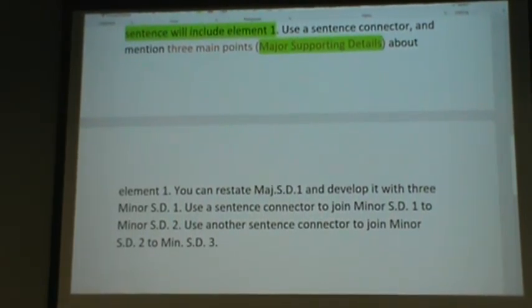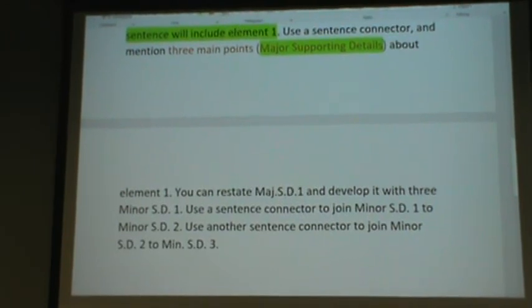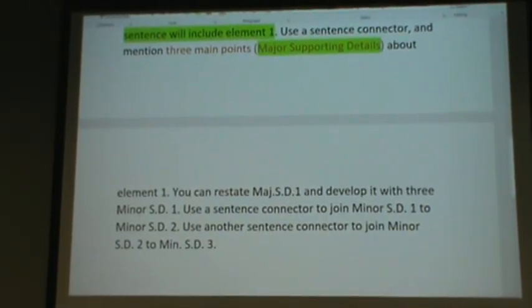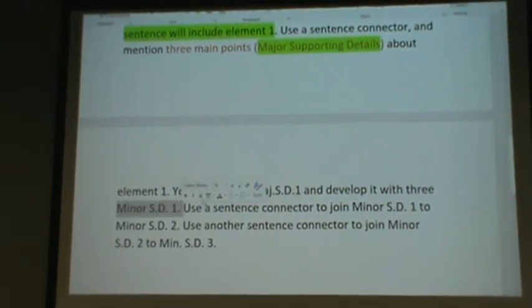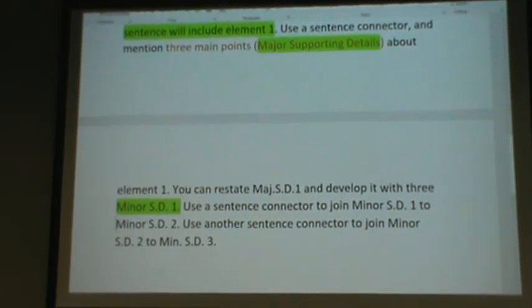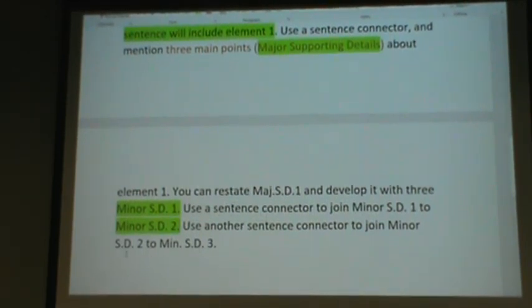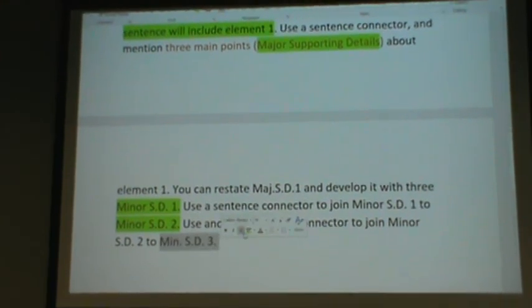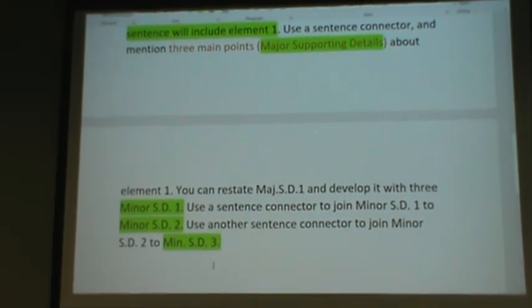You can restate major supporting detail and develop it with 3 minor supporting details: minor supporting detail 1, and then join minor supporting detail 1 to minor supporting detail 2, and then minor supporting detail 2 to minor supporting detail 3. Okay? So this is it. Now,